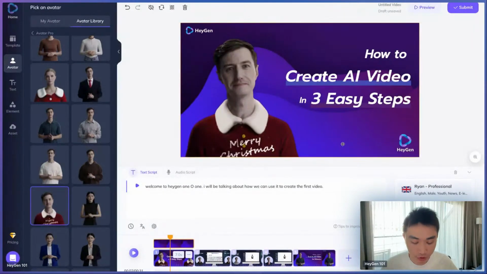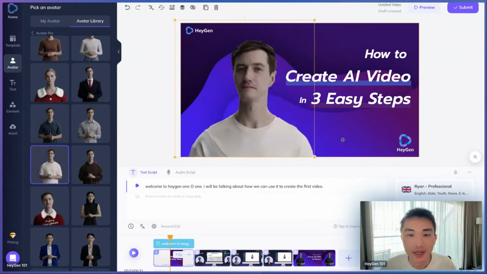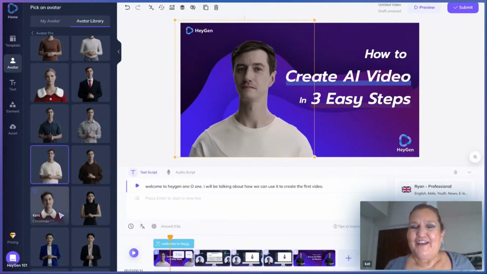So we are rolling out a new feature that will allow users to generate the outfit on the avatar, which is coming very, very soon. So coming back to your question, Kat, let's say you have a logo you would like to put on, I don't know, a T-shirt. That would be totally possible. Probably sometime next week. Okay, next week. I'm excited.